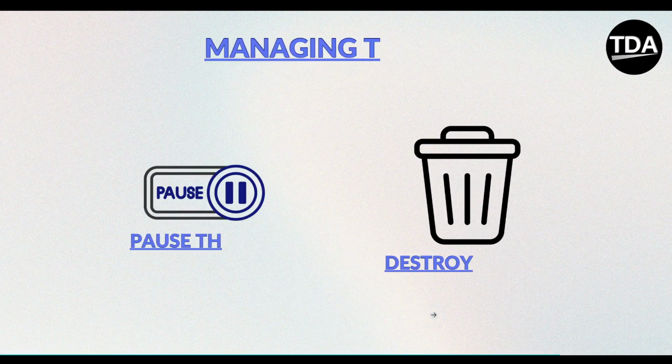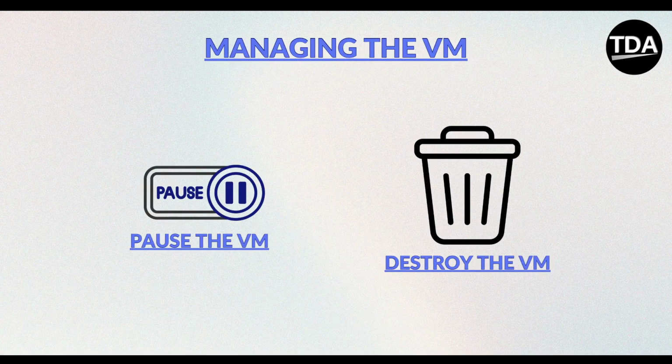Once you are done working, you can pause the virtual machine with vagrant halt to free up system resources. Or you can completely remove the virtual machine with vagrant destroy if you no longer need it. And the best part? Since the environment is fully defined in the Vagrantfile, you can recreate it anytime by simply running the vagrant up command. So in simple terms, the Vagrantfile defines the environment, Vagrant talks to the provider to create the virtual machine, and provisioners set up the software, so you get a fully functional development environment in minutes. This is why Vagrant is such a powerful tool for developers and DevOps engineers.